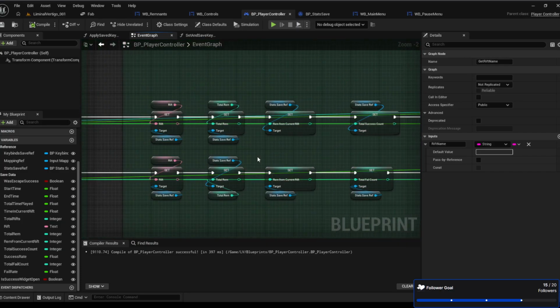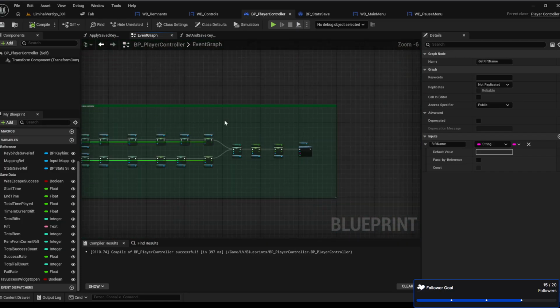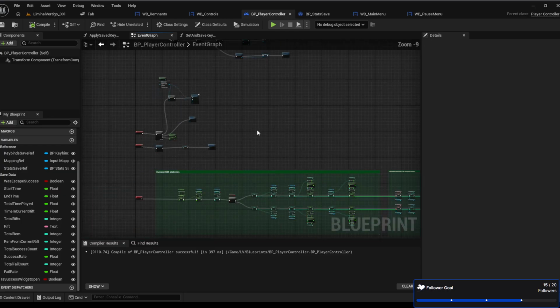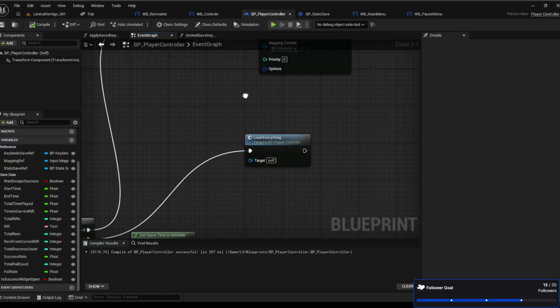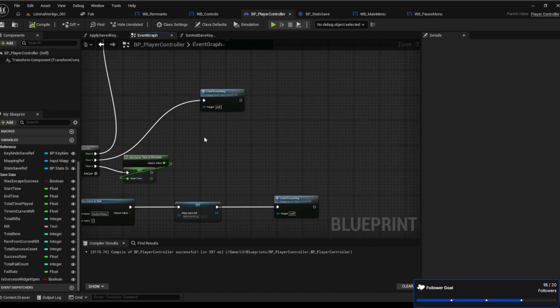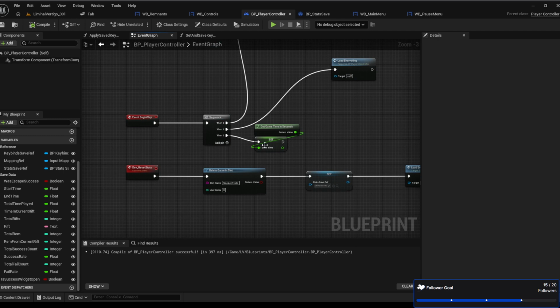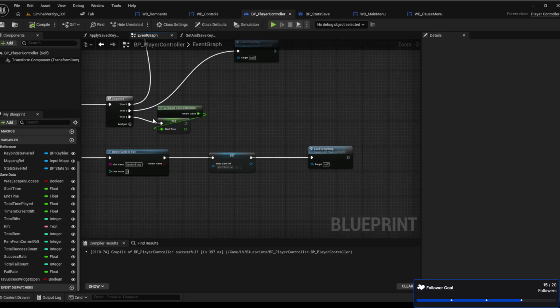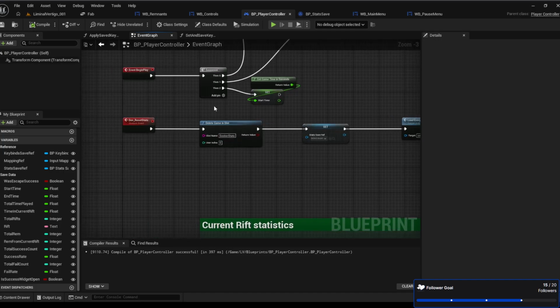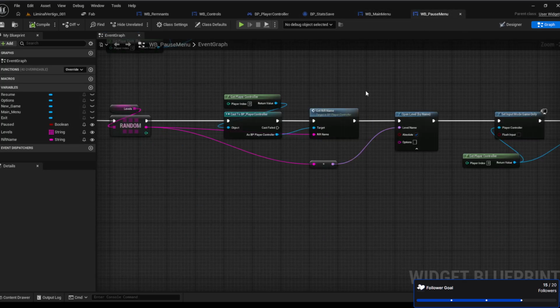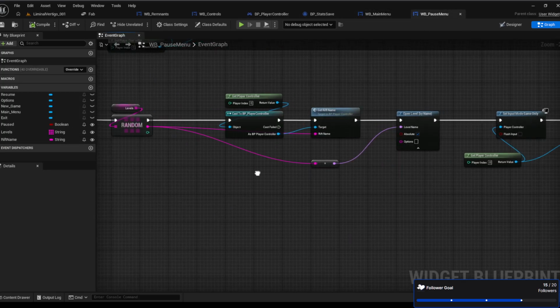Let me see which one. There's some things that you need to call from. I wonder if I need to do this on the event begin play. Even though the pause menu will call getRefName,